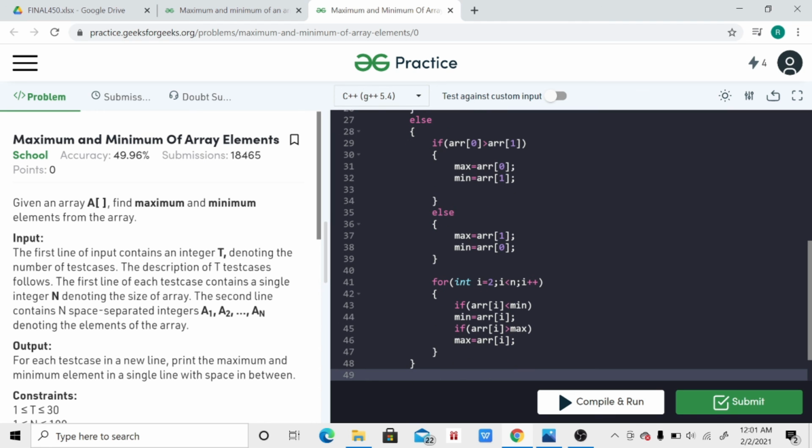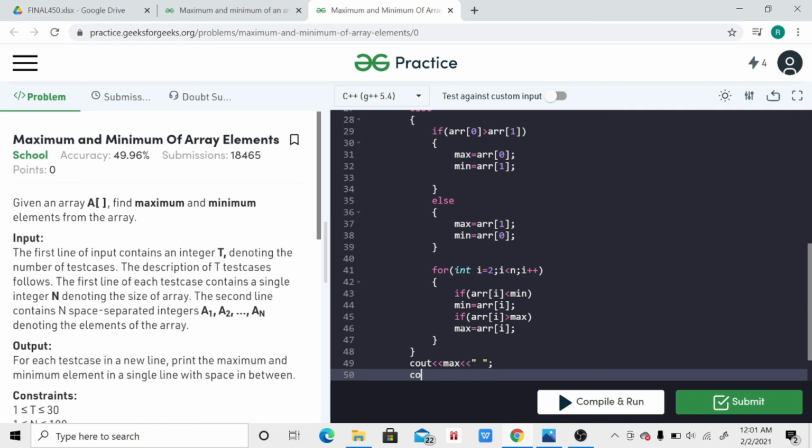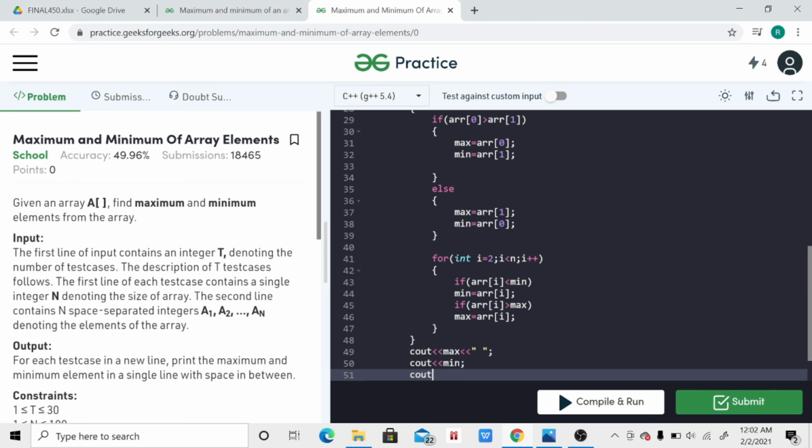And then finally we'll be printing out the max and minimum values. We also have to put a space between every two answers, so we'll be giving a space, and after each test case we have to leave a line, so handle that.